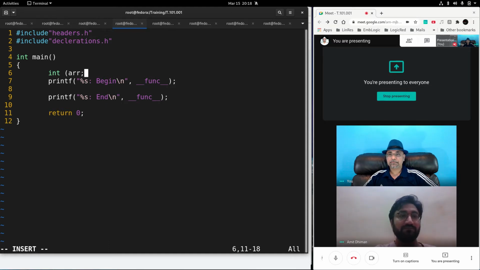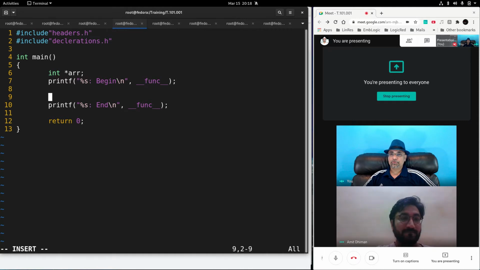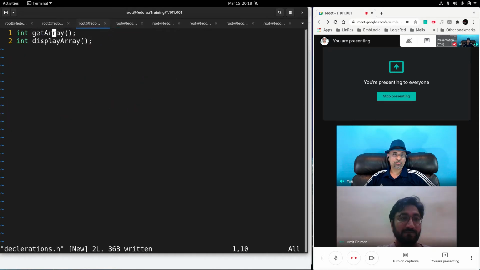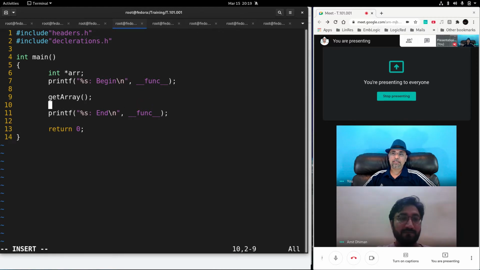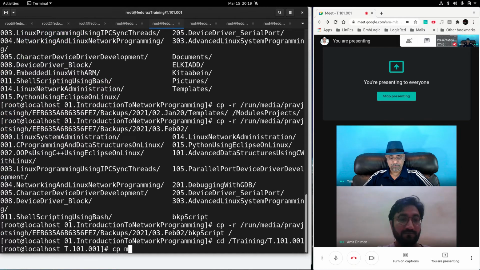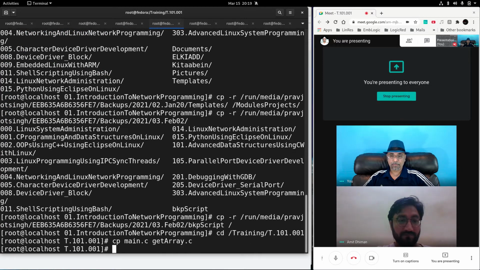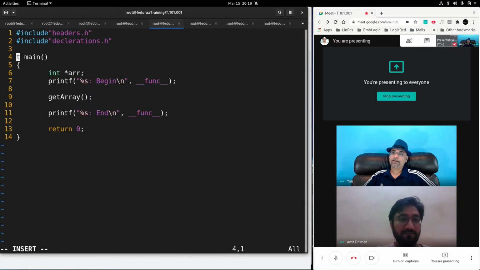called array, and now I'm going to use this get array function to create array. Call this function get array. The function is called. Let's see what this function does and how it works. You come in get array and change the function name